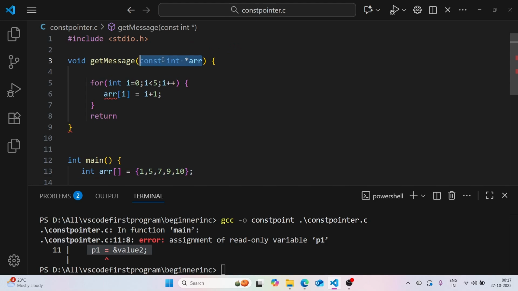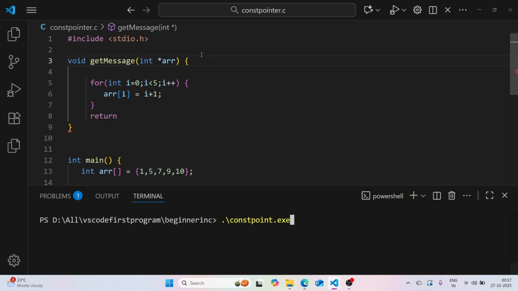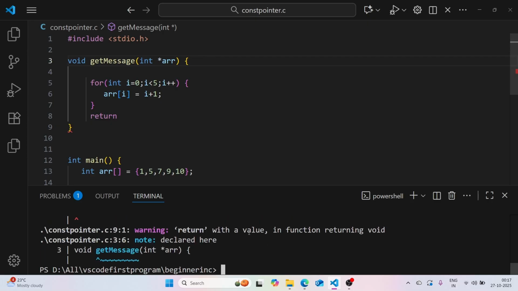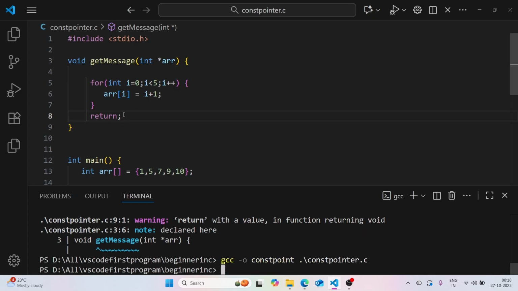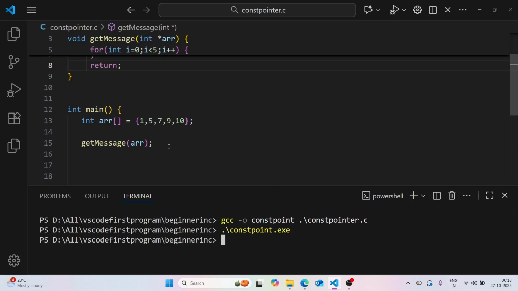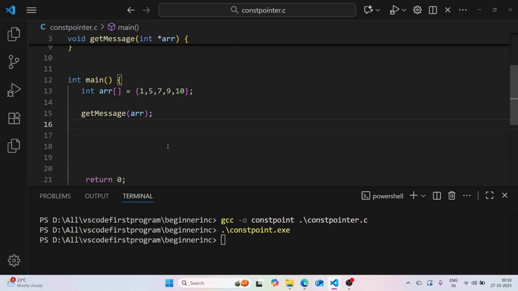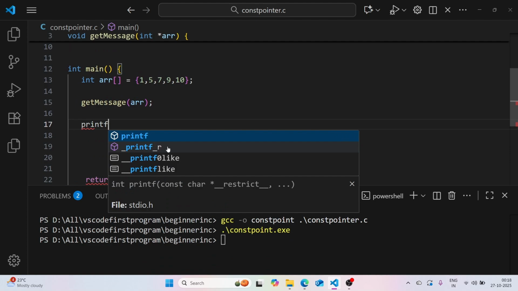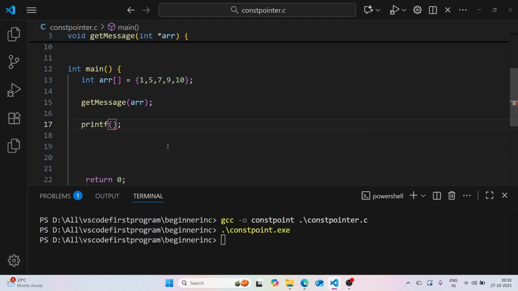constant parameter. So for example, let's take first this without constant. So there is no error. So if I compile it, okay, return this. So no error. Then when I compile, better I take from here the value of array